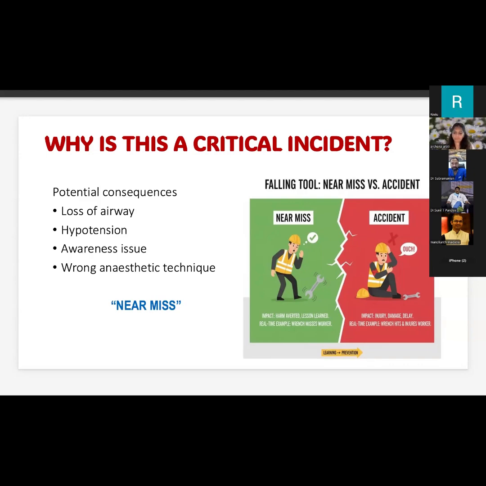So these near miss events are valuable. They expose weakness in our system before a patient is harmed. Every near miss deserves the same level of investigation as an adverse event. We should not carelessly ignore a near miss just because something did not happen. We should learn a lesson from that. We should analyze where things have gone wrong, because anytime this event can occur if such things are not corrected properly. So the next slide, ma'am.